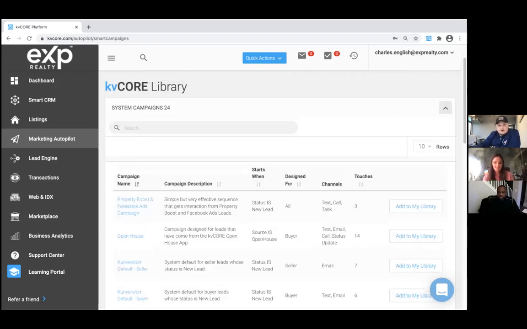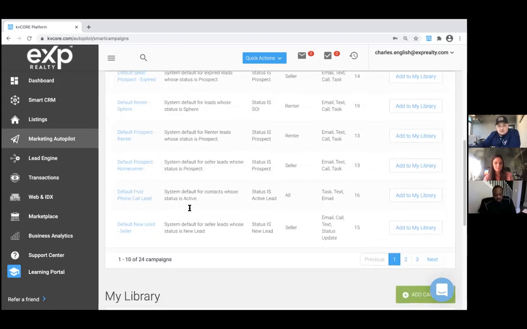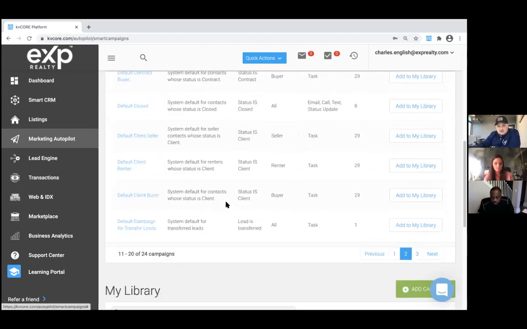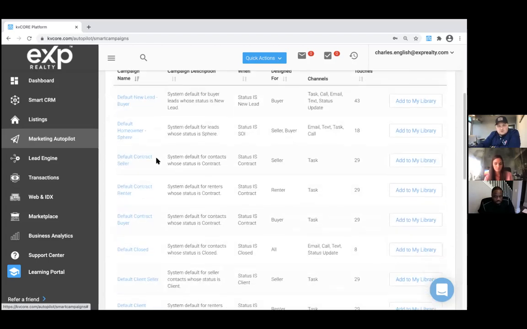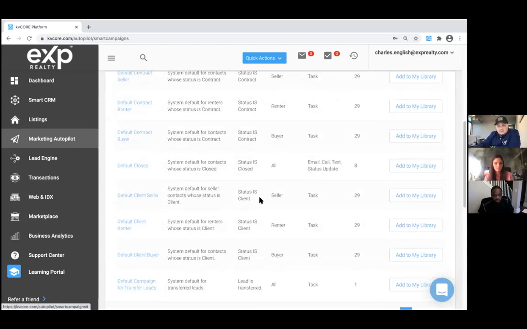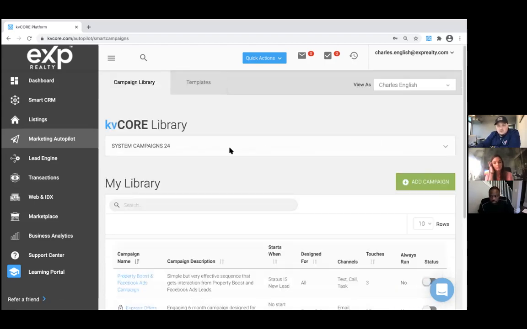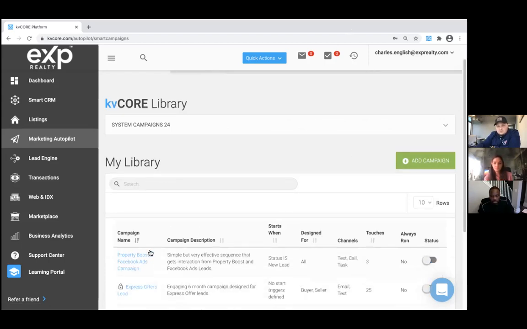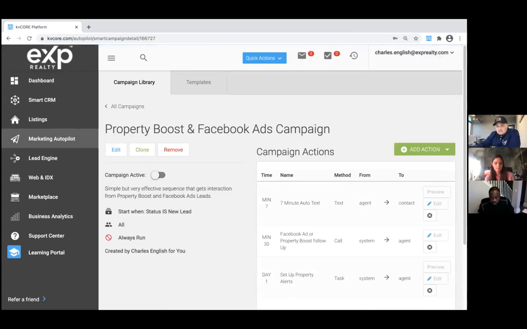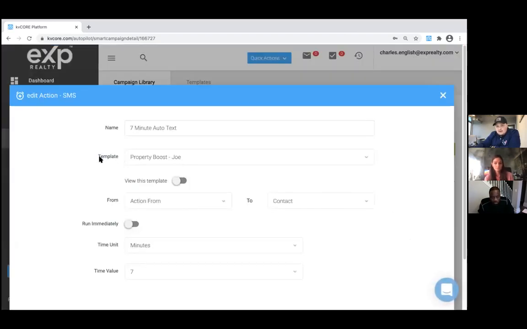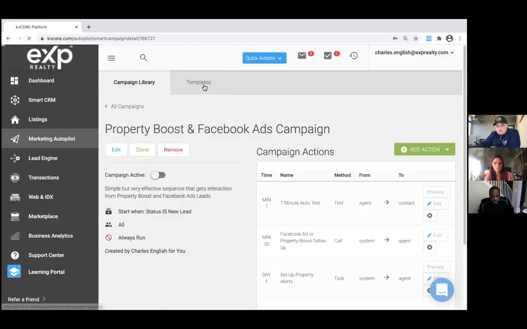But if you go in here and system campaigns, you see something that you like, there's 24 campaigns already in here. Even when you get them under contract, it looks like, man, this thing, you can run your business completely on autopilot if you want. But to edit any of the information in here, the only way to edit is to change the template, right? So make sure that your templates